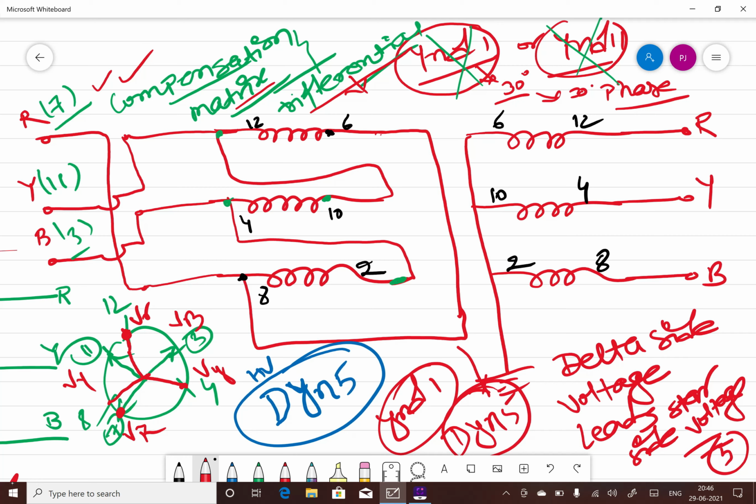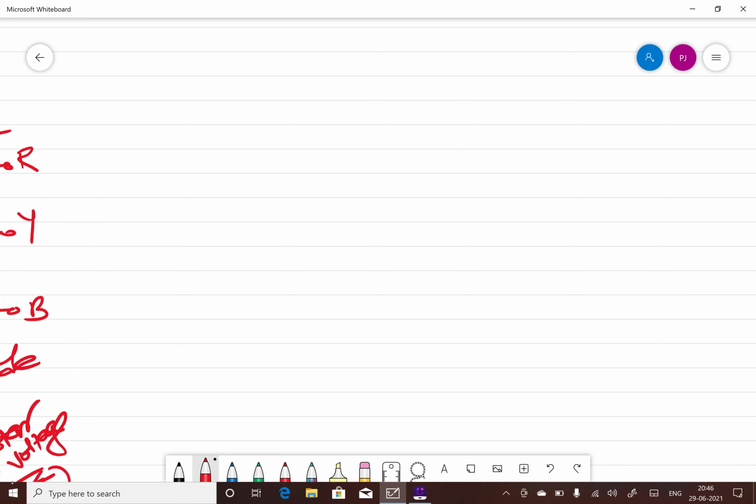So in this session we have discussed how to draw this transformer connection arrangement using a very simple concept, using the clock notations, and I hope everything is clear up to this point. In the next session we will discuss some other fundamental concepts of transformer differential protection. In this session we have discussed the transformer connection. This we have studied in this session.